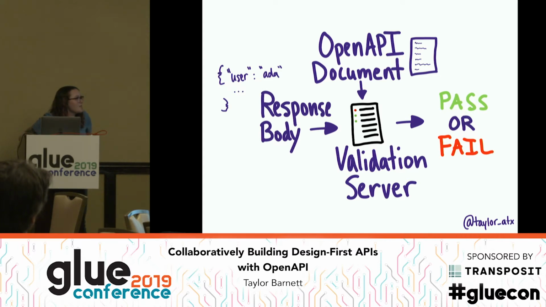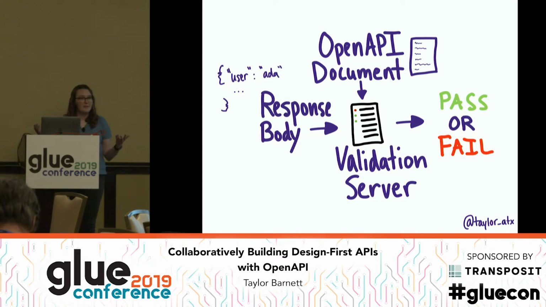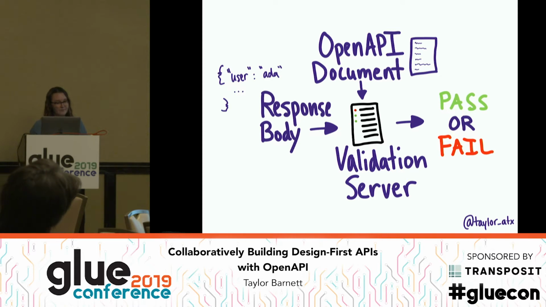And then it gets compared by the validation server to the actual document. So maybe there was a missing property that was supposed to be required, so then that fails. So that tells you somebody screwed something up in implementation, and you're able to go fix that before it becomes a breaking change. If you're constantly having to fix these inconsistencies, that can cause a lot of extra time to fix these bugs for your engineering teams. Why not just fix it before that was merged?